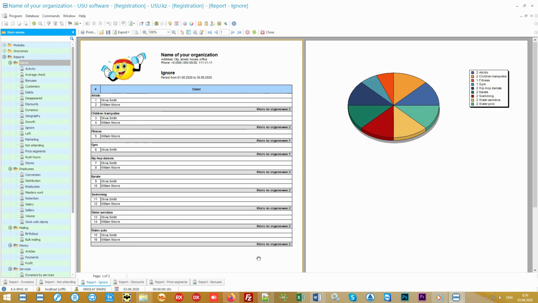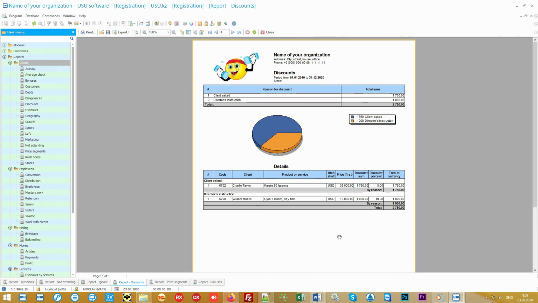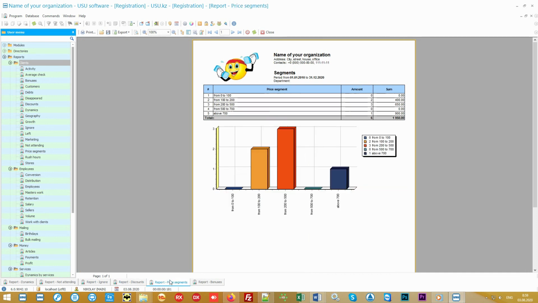Just make a discount while enrolling in the second year. Moreover, any discount provided can be controlled in a special report. The next feature is especially important if you have offers for both middle class and expensive premium services. In what price segment are the services most often bought? You can see it in the report segments. This analytics will help you identify those prices that are simply unbearable for your customers.